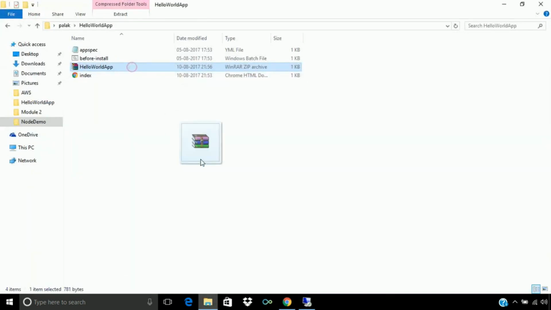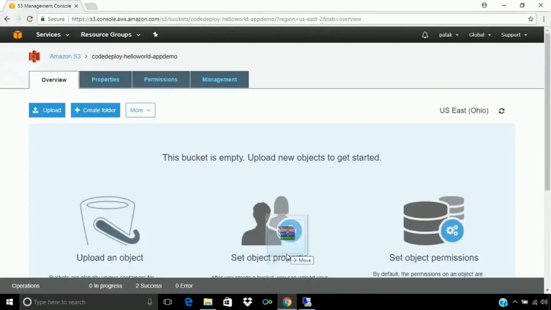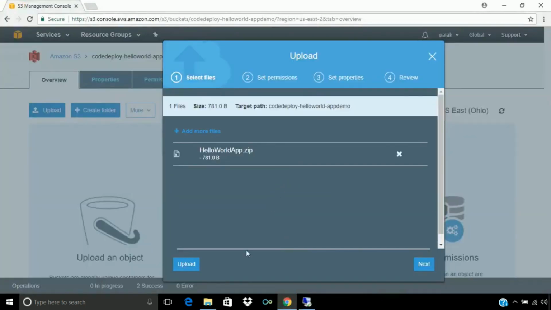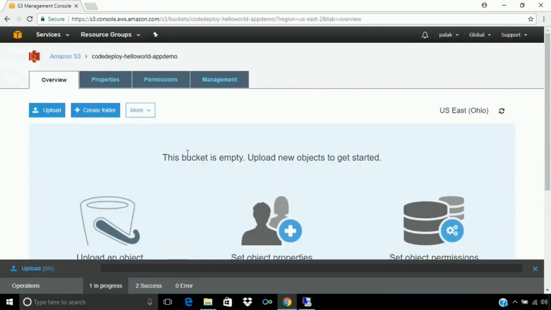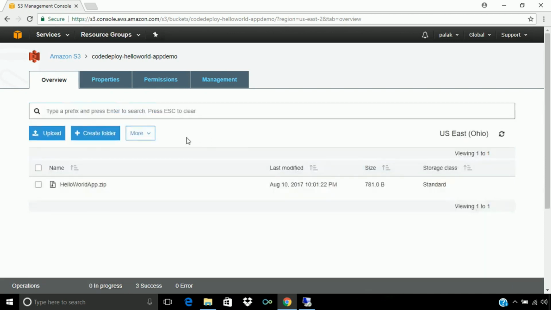So let's drag this file and drop it here. Once the file has been uploaded into this bucket, we can see it here. So now we can move ahead to the CodeDeploy application.